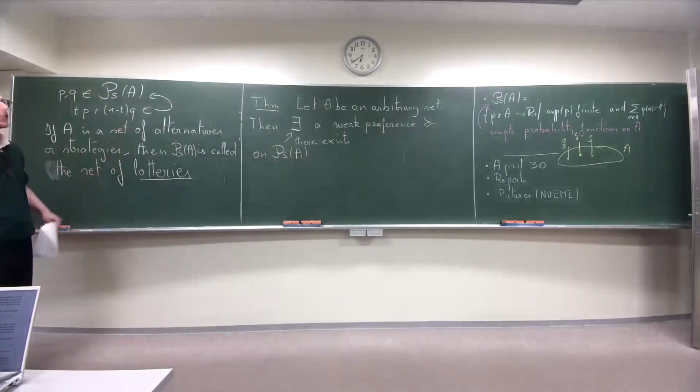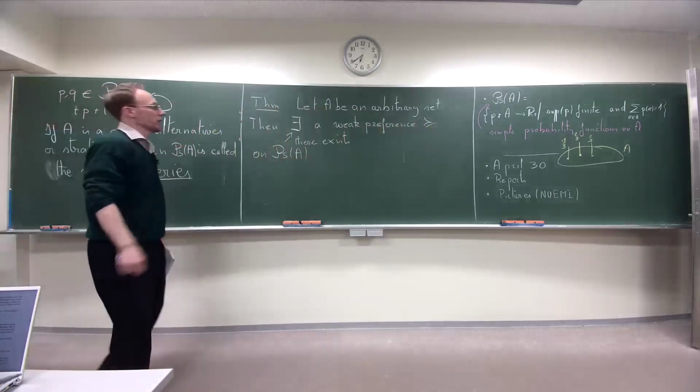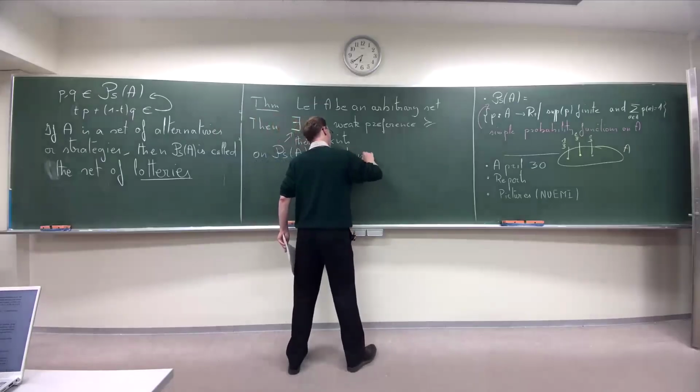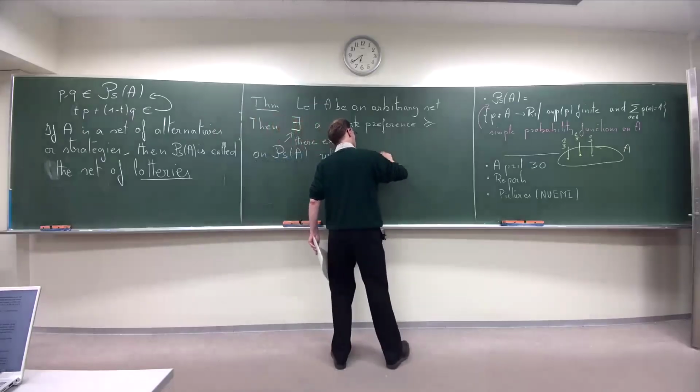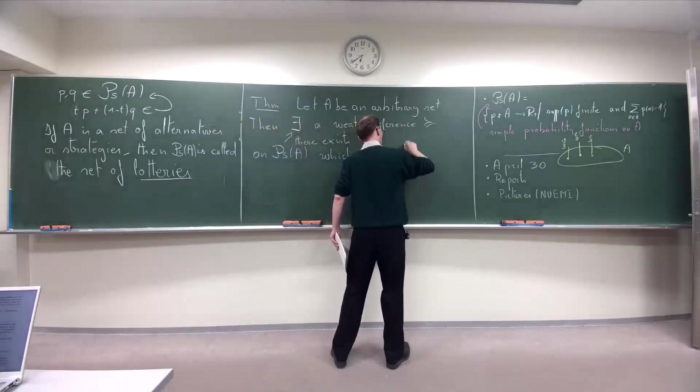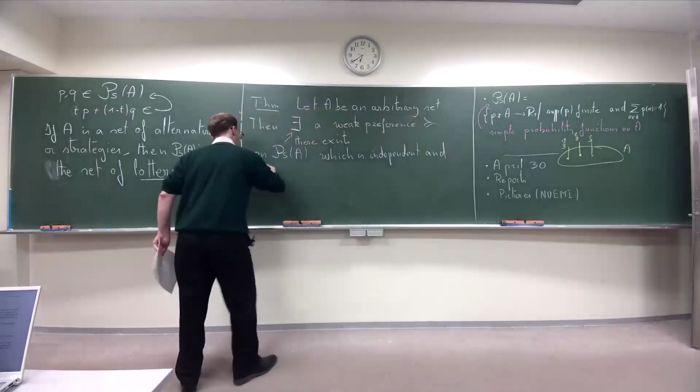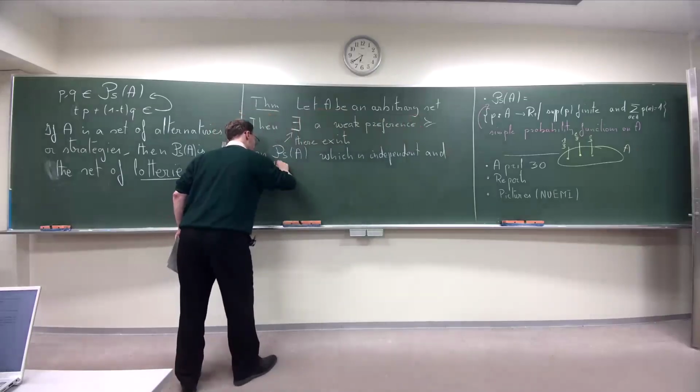So there exists a way to say which function is better than the other one. So there exists a weak preference on this set of functions, which is independent and continuous. So the two conditions I mentioned before for rational behavior,